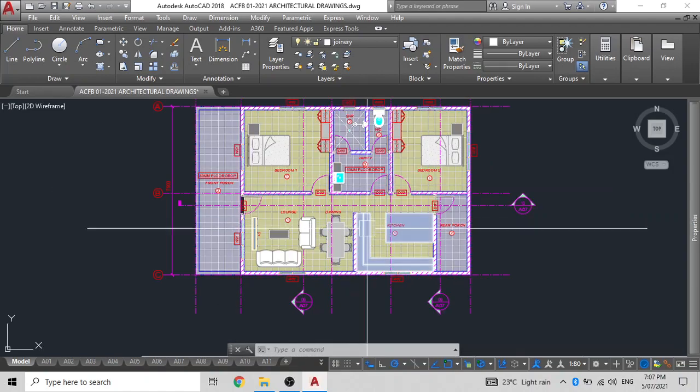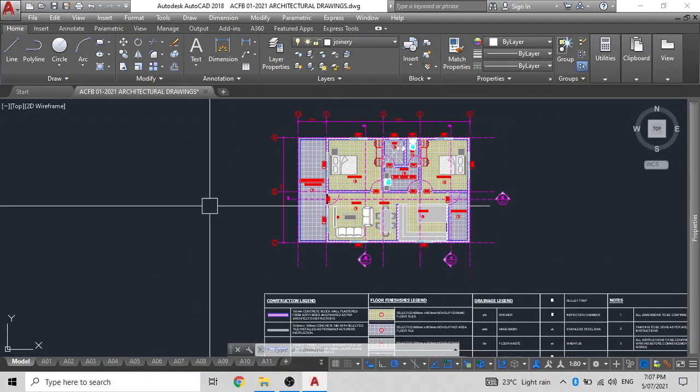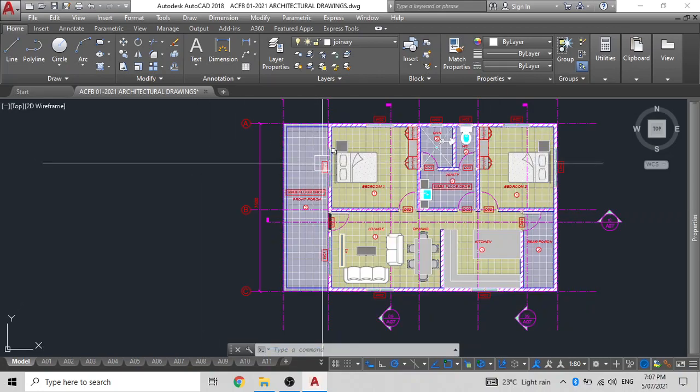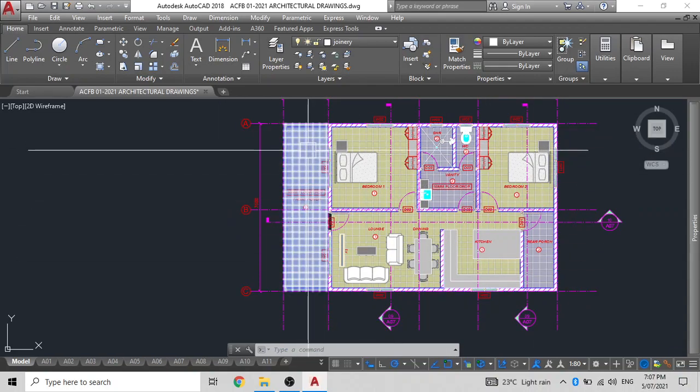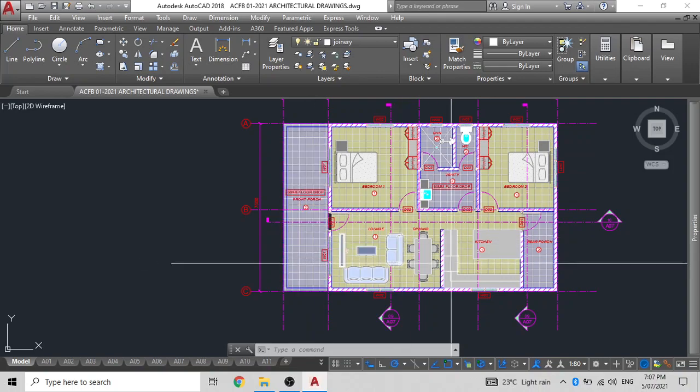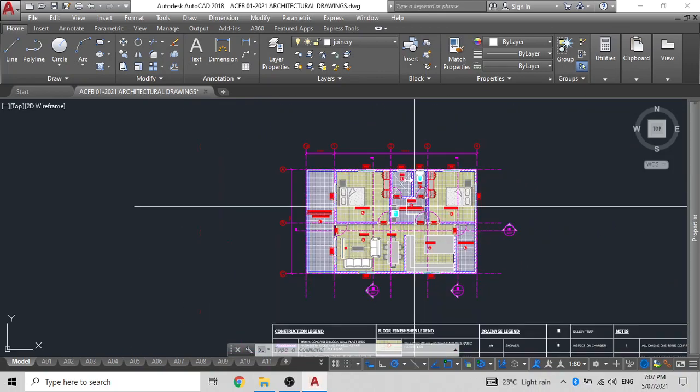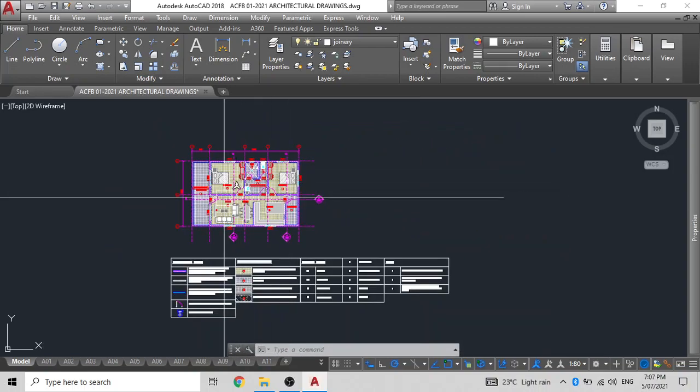Which is why I'm taking time to properly explain to everyone how to make your floor plan so that you do not mess up as you go ahead in the drawings. Now you can make this drawing more appealing by adding more furniture, such as an Adirondack deck or an external chair, maybe a washing machine around here. But in this case, I'll leave it as is because it looks neat and I do not